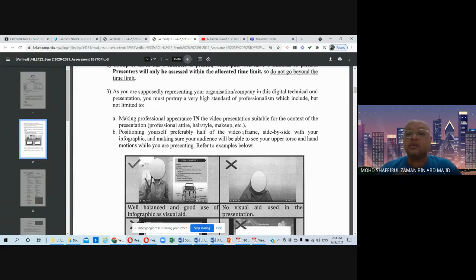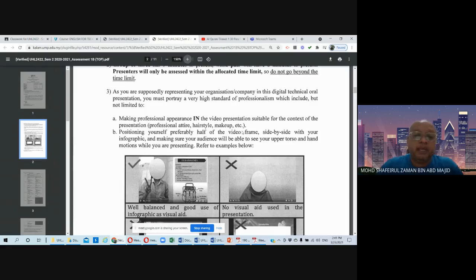It is similar to when you have physical classes and come for a presentation. Of course, you would wear proper attire. No faculty jacket, please. We want you to look very professional. Even if you are attending a job interview later on, after you have completed your study, of course you would wear proper attire, not a t-shirt, not a faculty jacket.